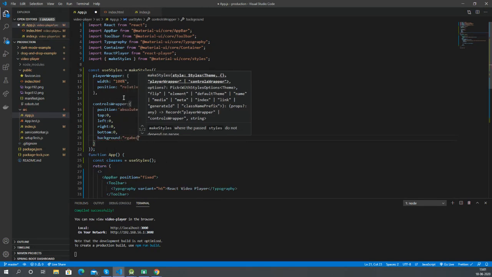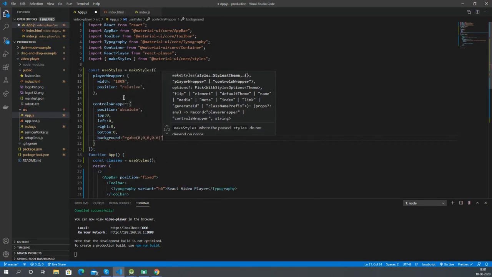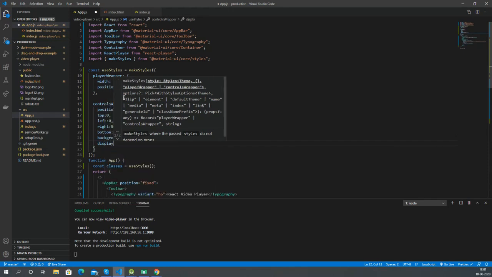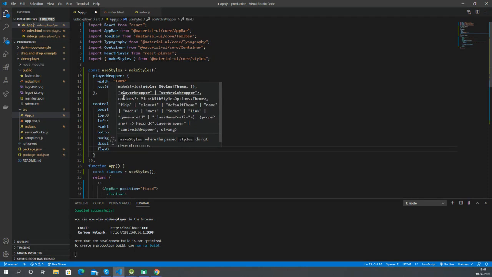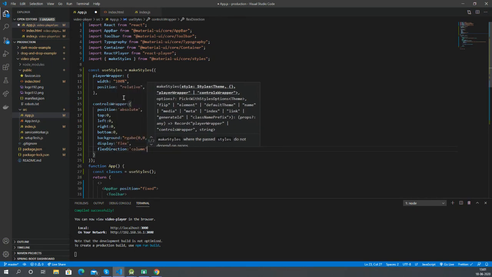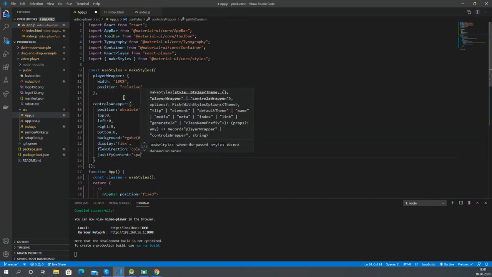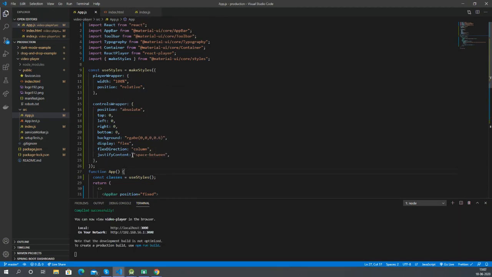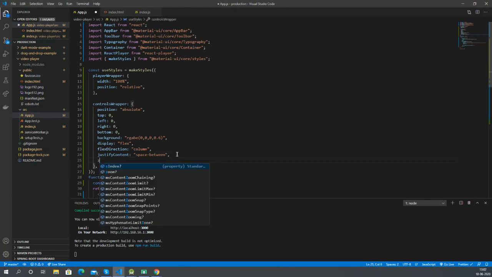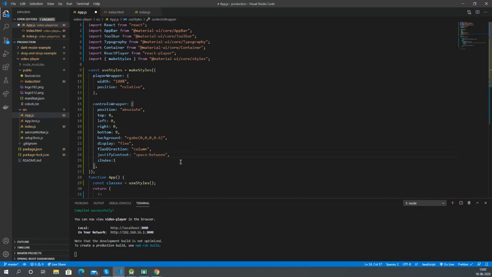Now we will give it a background of RGBA 0, 0, 0, 0.6 so that it is a light transparent black, and we will give it a display of flex and a flex direction of column. We will give it a justify content of space between. Actually we have three parts of control, which are top controls, middle controls and lower controls. So giving justify content space between will make sure that they are separated enough from top to bottom.